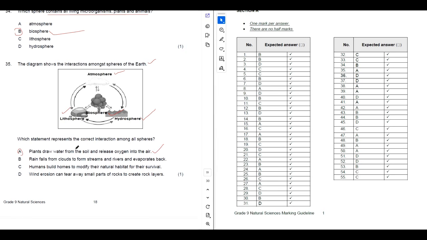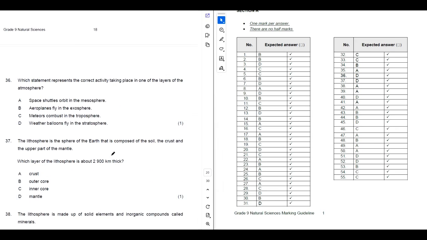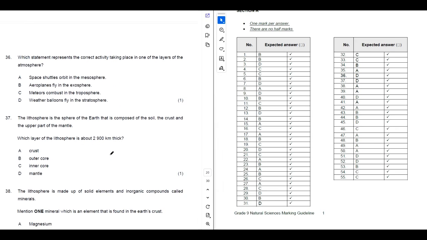So plants draw water from the soil and release oxygen into the air. So our correct answer will be A. Okay. And then next we will move to question 36, which says